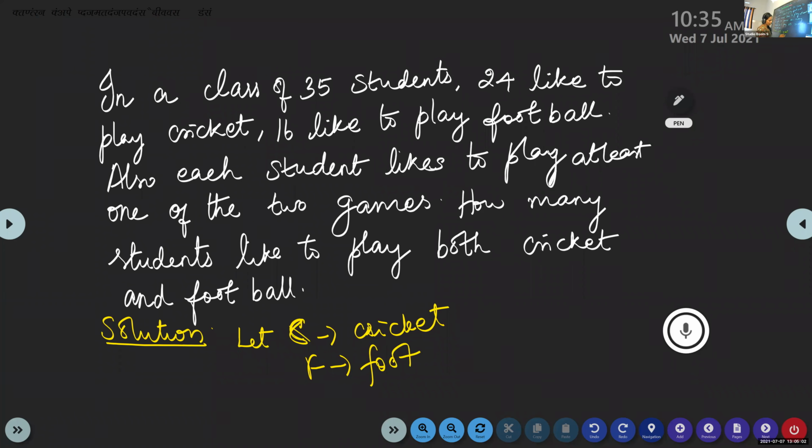So what is given in the beginning? It is given that in a class there are 35 students. How many students are there? 35. 24 like to play cricket. How will you represent it? 24 like to play cricket. That means